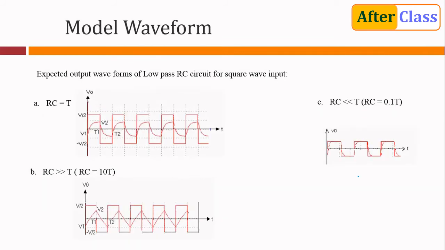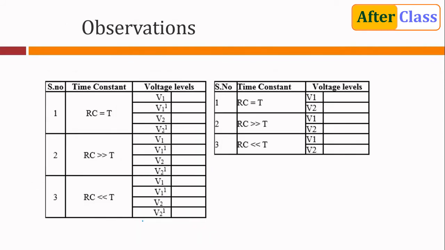This is for the RC low pass circuit. Only when you have RC very much greater than T will it act as an integrator. I hope this is clear. In fact, I have to make a change here. This is the input signal, a square wave, and here a triangular waveform. What you see is the output waveform. So by properly selecting the value of RC for a given frequency, that is time period T, we can get a triangular waveform, which is the integral of a square wave. And then you have to note down the values.